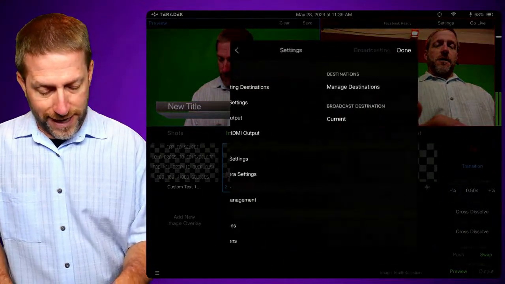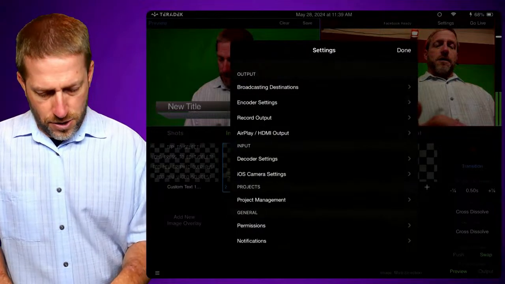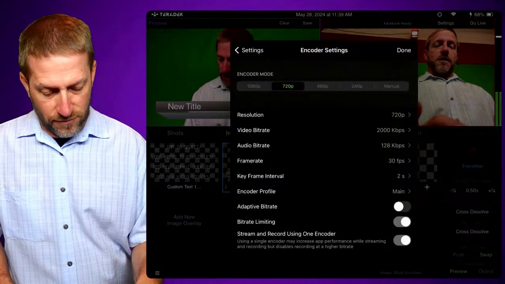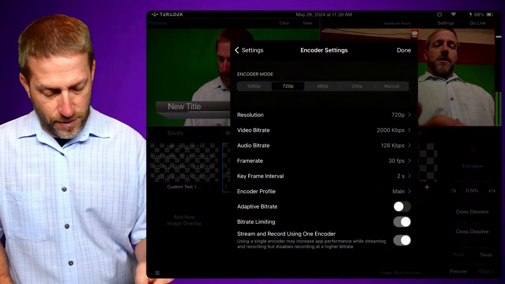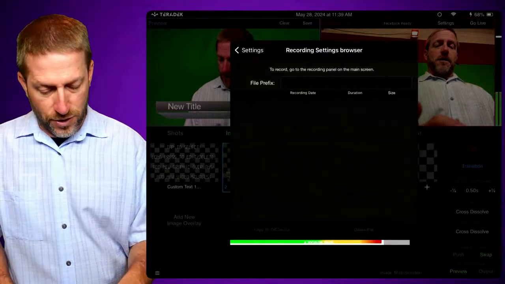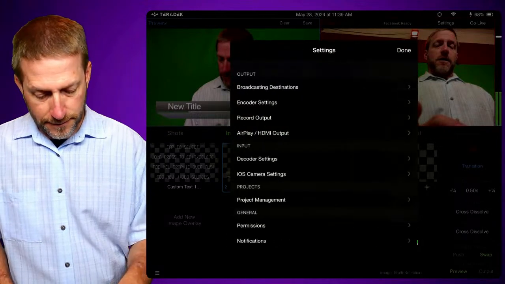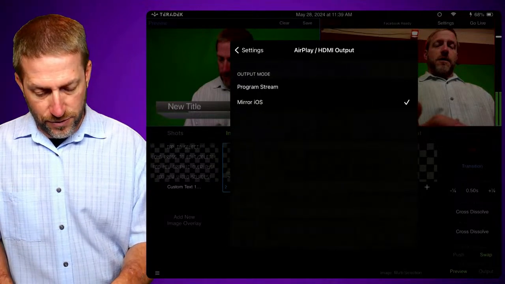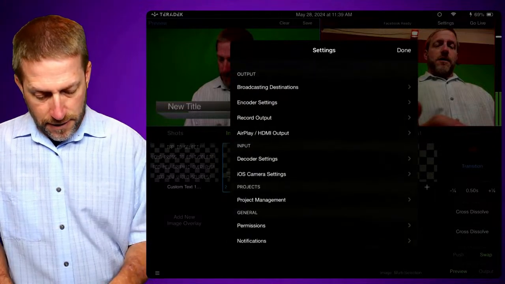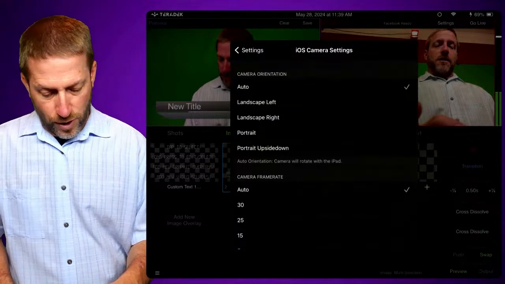Here's where you can set your broadcasting destinations. I've got my StreamTek page set up here. You can go into your encoder settings, what size, frame rate, data rate, keyframe, adaptive bit rate, blah, blah, blah, all those things. Back out. Your record output, you know, what name do you want to give it? How much space do you have left? The AirPlay and HDMI, we just went through that. Your input, your decoder settings, hardware or software, iOS camera settings, auto, landscape left, landscape right, portrait,